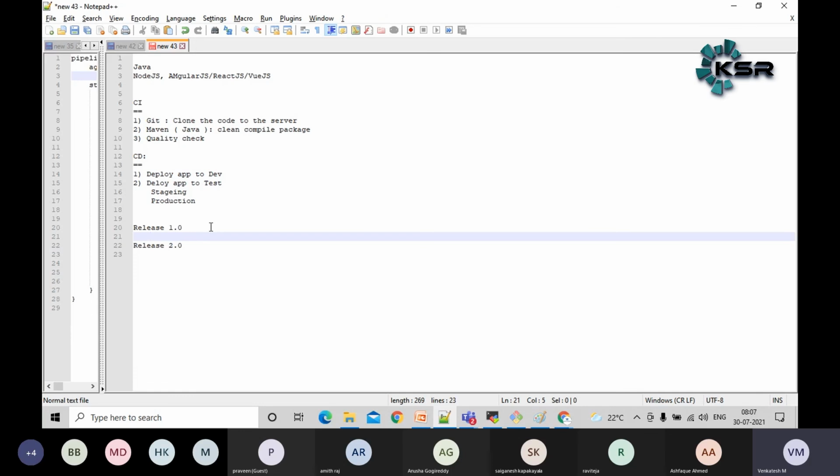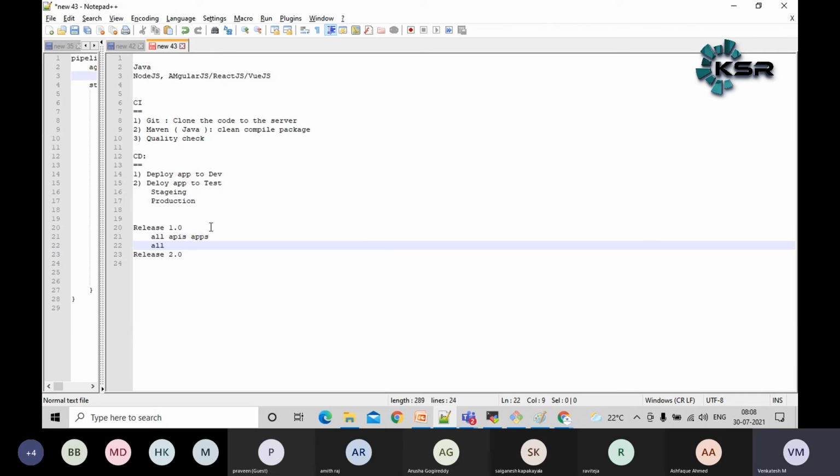As I mentioned here, for Java we can have some application, some API based apps, all API apps, and likewise all UI apps. Whatever things are required to ensure this release went to the staging and production environment, we have a set of API applications, that means a set of jar files or war files.